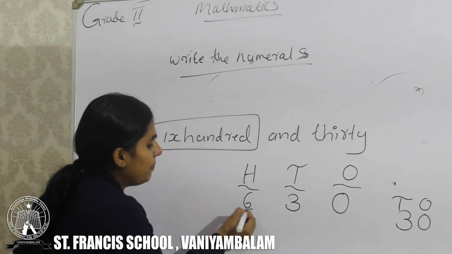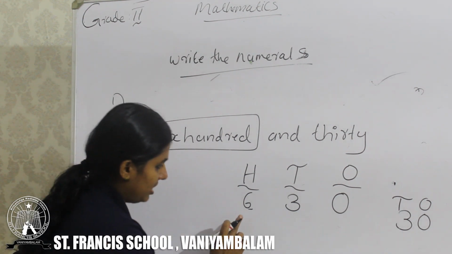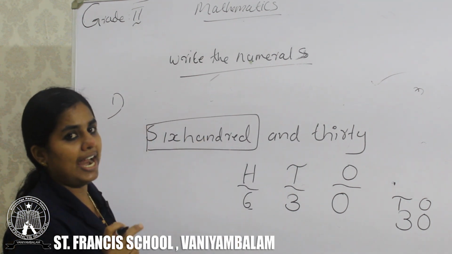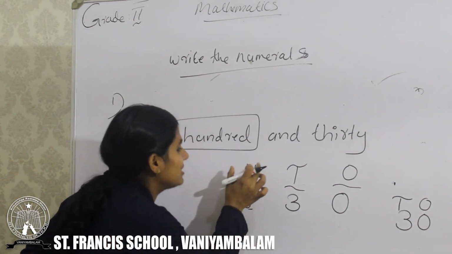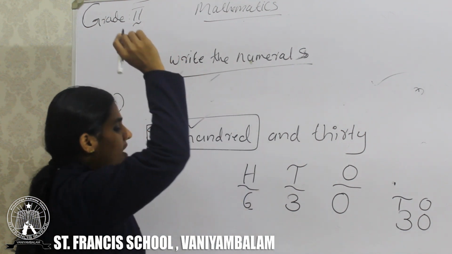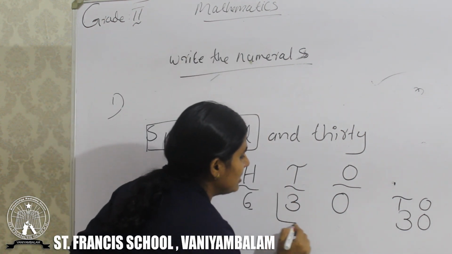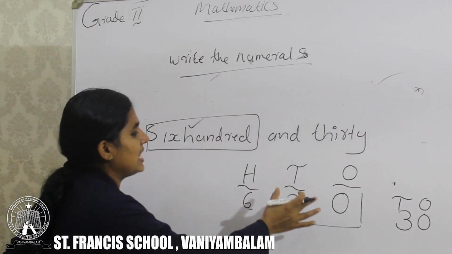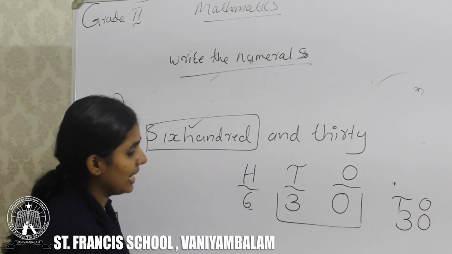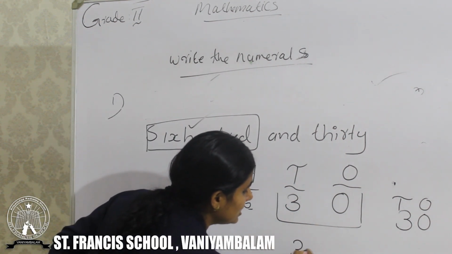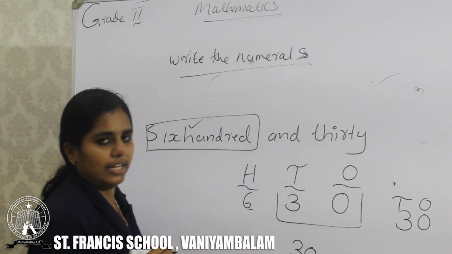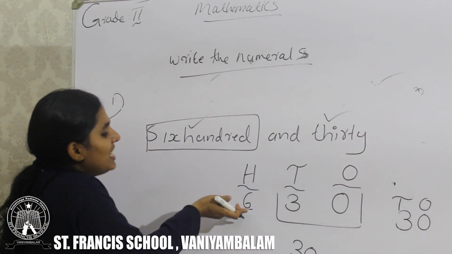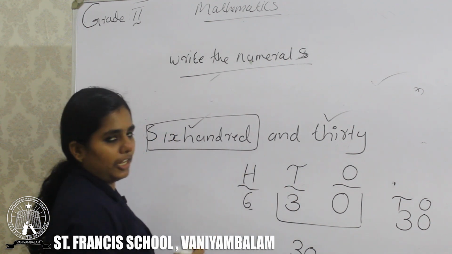Then we can see our question and answer. Here, in the hundreds place, we have which number? Number 6. This 6 stands in which place? Hundreds. That is 600. Okay, this is also correct. Next one, this tens and ones part we want to read together. What is this number? The name of this number is 30. That means 630.